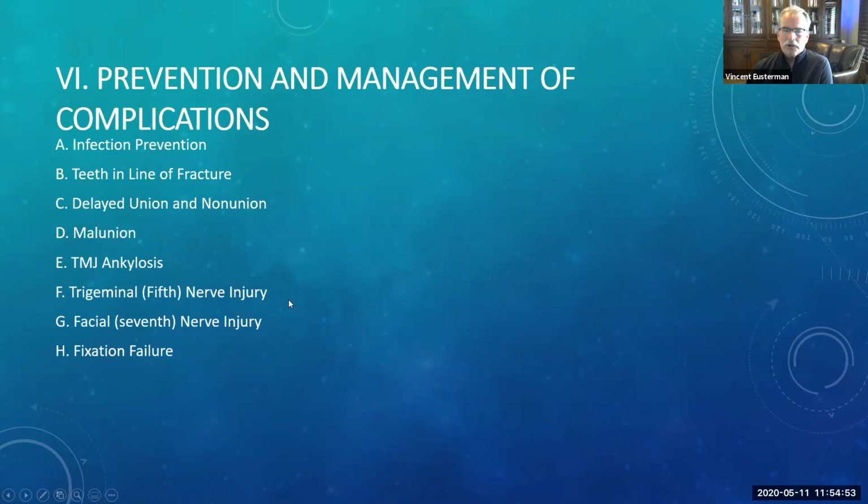Malunion occurs when we don't get things back the way we want them, or we use a bone plate that is bent wrong and we create a malunion, and these are generally identified early and treated early. TMJ ankylosis occurs often when we don't treat the TMJ correctly in a head or neck fracture